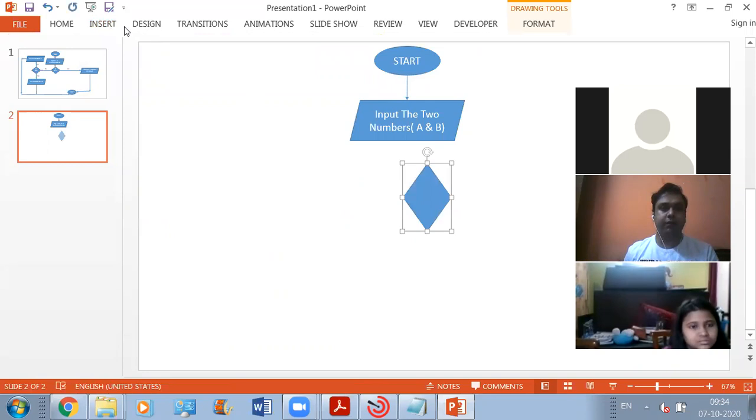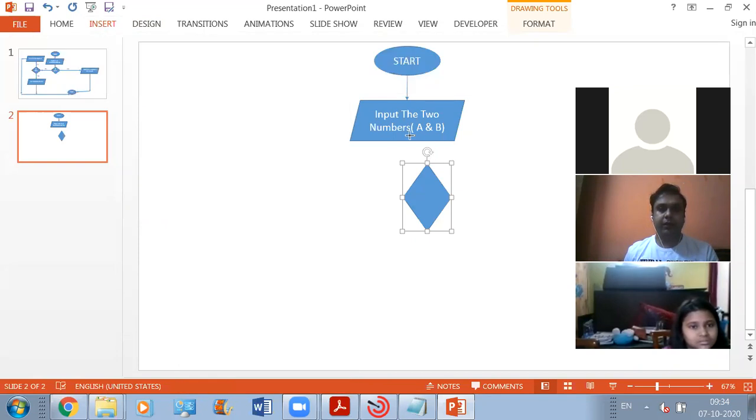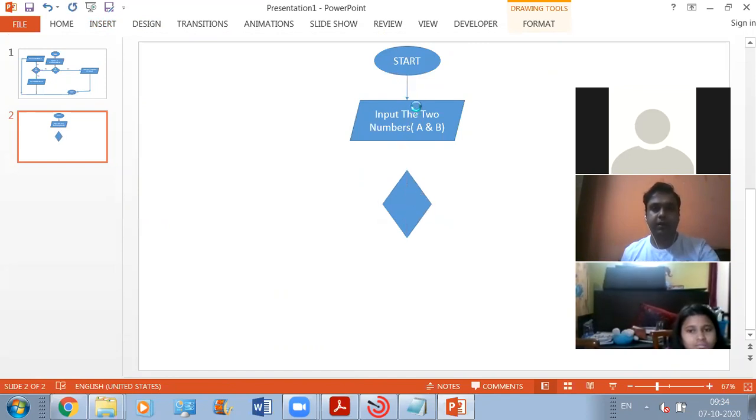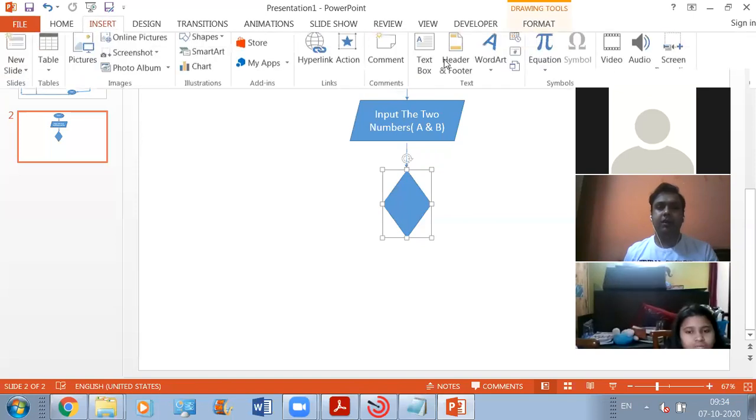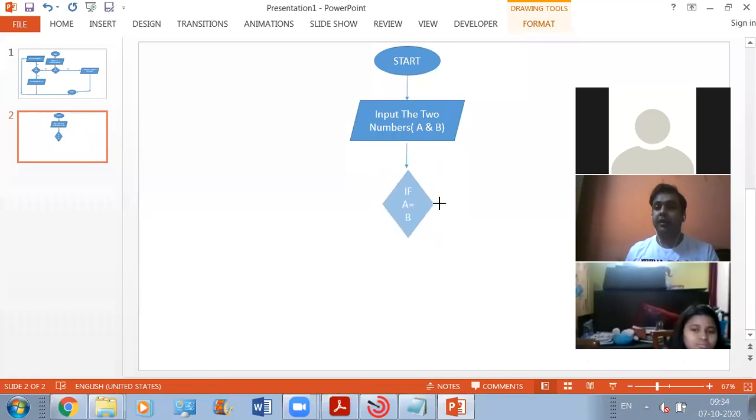We need to put a direction sign also, right? Just a second. Okay, we can copy this one and use this. Now inside this decision box, let's define a condition: if A is equal to B. Now what does this mean? अगर A B के बराबर है, if the two numbers that the user has entered are equal,